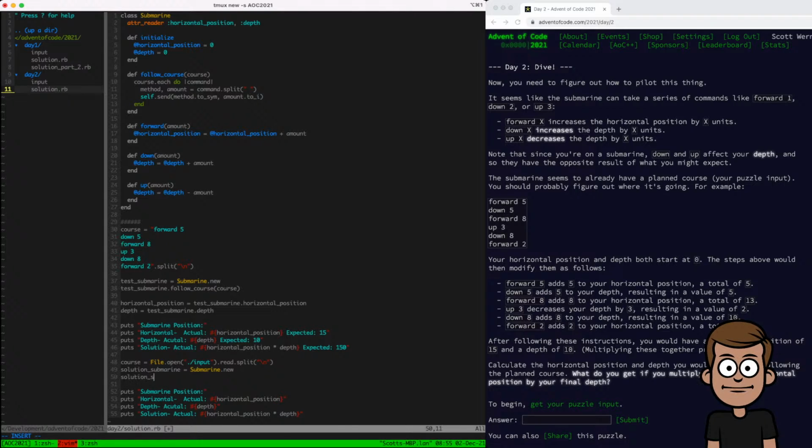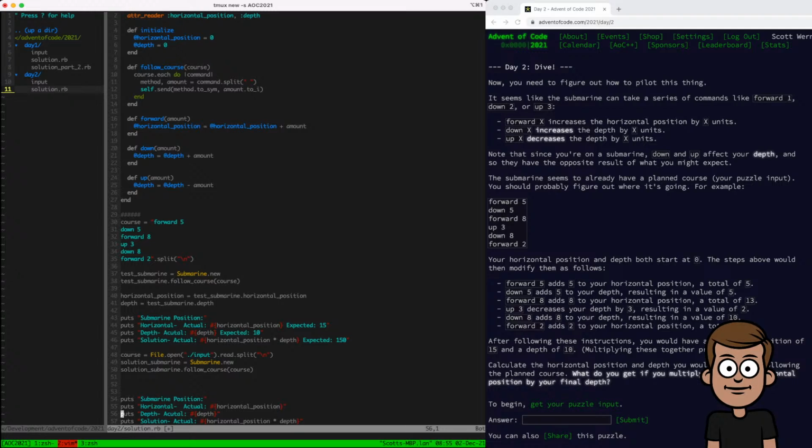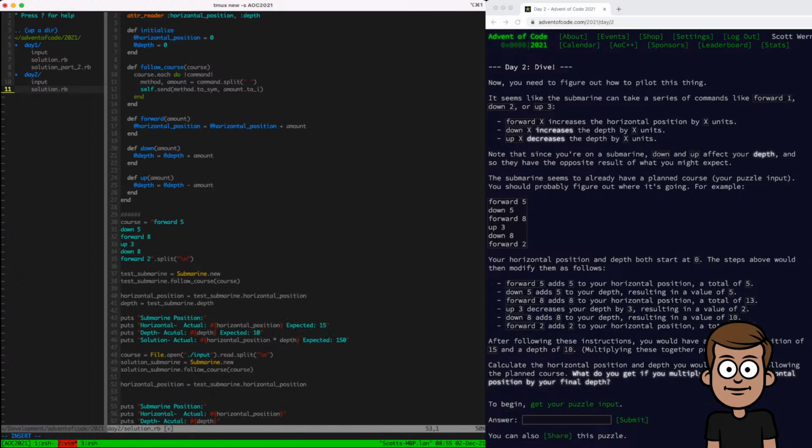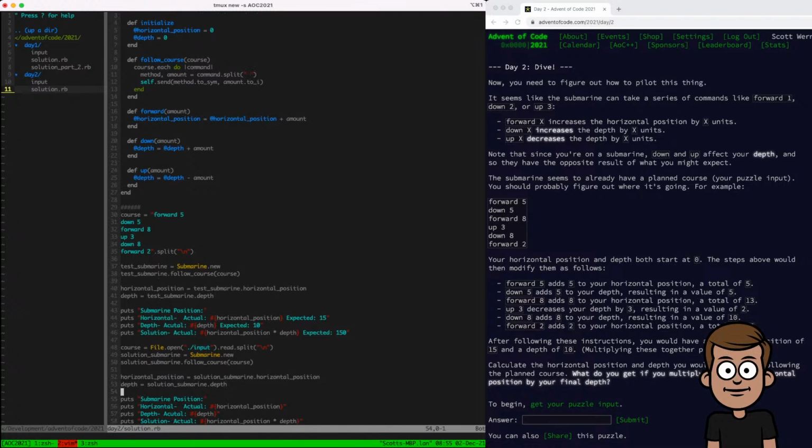Solution submarine dot follow course, and then we pull out the two values and then multiply them. Yep. Okay. Horizontal position test submarine dot depth equals test, or no, not test, solution submarine dot depth, and then we do